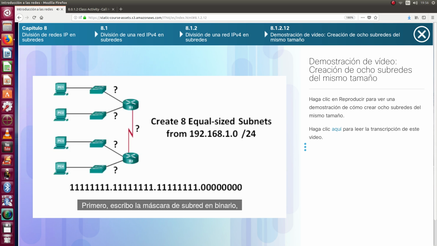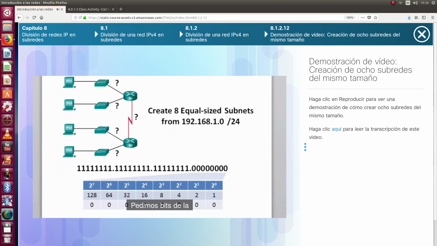So first, I write out the subnet mask in binary, 24 ones for a /24 network. We're going to borrow bits from the host portion of the subnet mask. If we borrow 3 bits, we've borrowed 2 to the 3rd power of bits, and 2 times 2 times 2 is 8, so this will